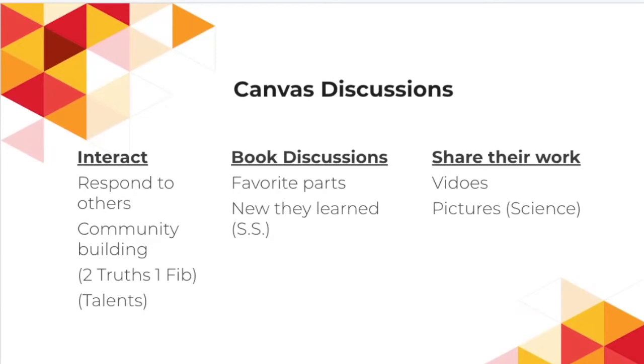And so we've been using it for book discussions and being able to share their favorite parts, or I do a read aloud and then they're able to go in and respond to each other's parts and notice and learn new things. We did a book about protesters in the United States, and the kids shared new ones that